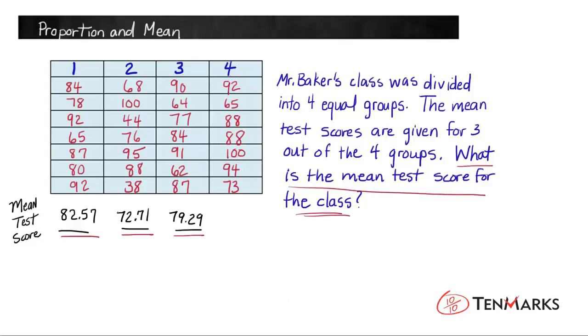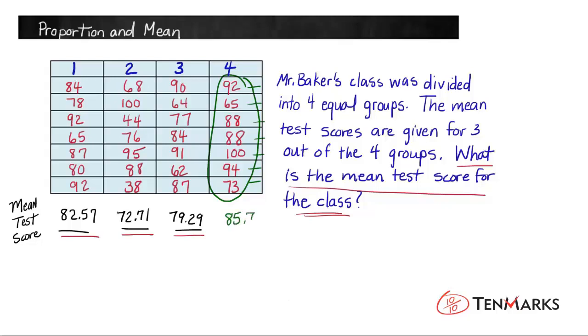Now, it would be fine to add up every single test score in the class and then divide by the number of test scores, but that would be a little bit tedious and it's not necessary in this case. Since the class is divided into 4 equal parts and we have the means of the first 3 groups, all we really need to do is find the mean of the last group and then find the mean of the means. When we add this entire column here and divide by 7 scores, let's make sure, 1, 2, 3, 4, 5, 6, 7. Yes, when we add it and divide by 7 scores, we're going to get